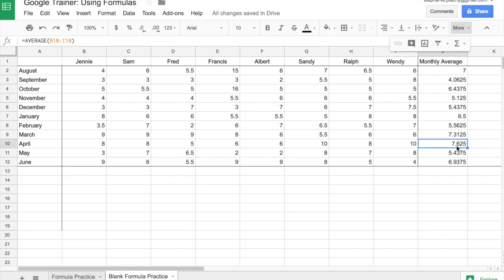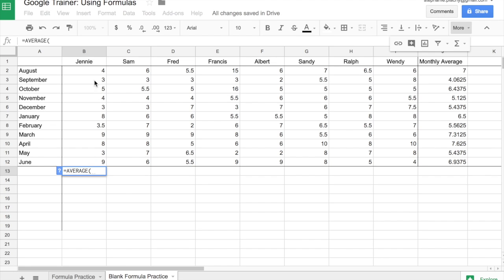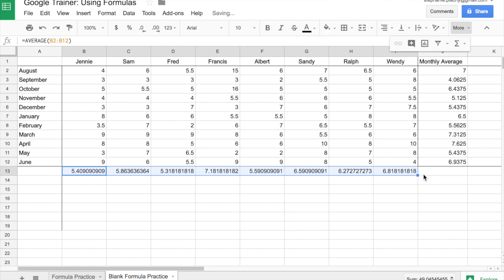I could also do the same process going down the columns to find each student's average. I would again type the equal sign and start typing in average, select the formula that I want, and drag the cells that I want to include. Once again, I can click and drag on this box to apply that average formula to each of the other